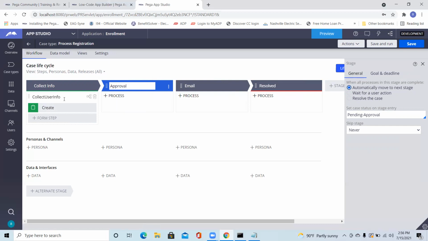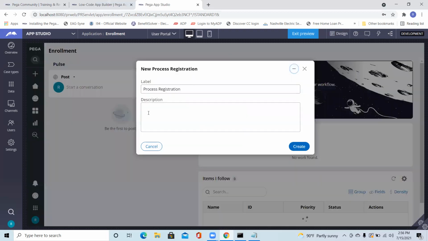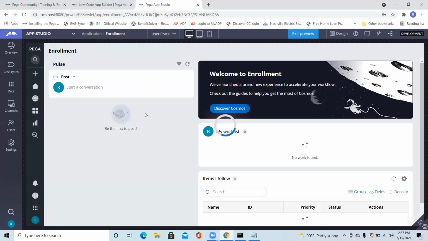So let's save it first. I'm saving and running it. We are going to create our first case. I don't know whether it will create or not. I will try to create one case tomorrow.